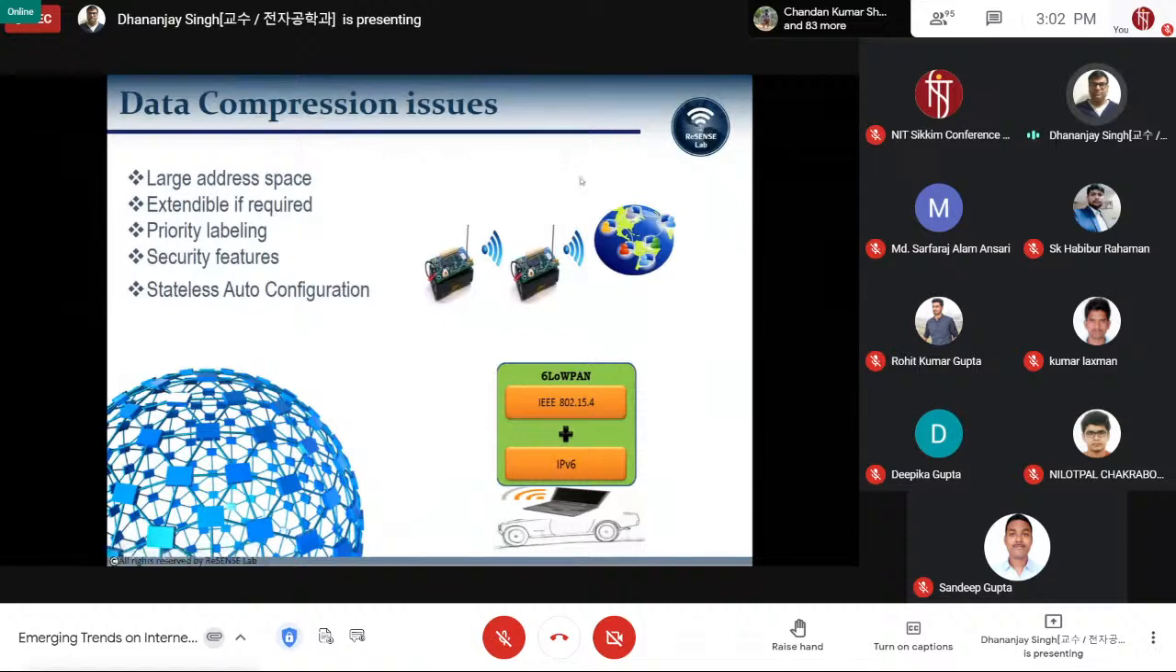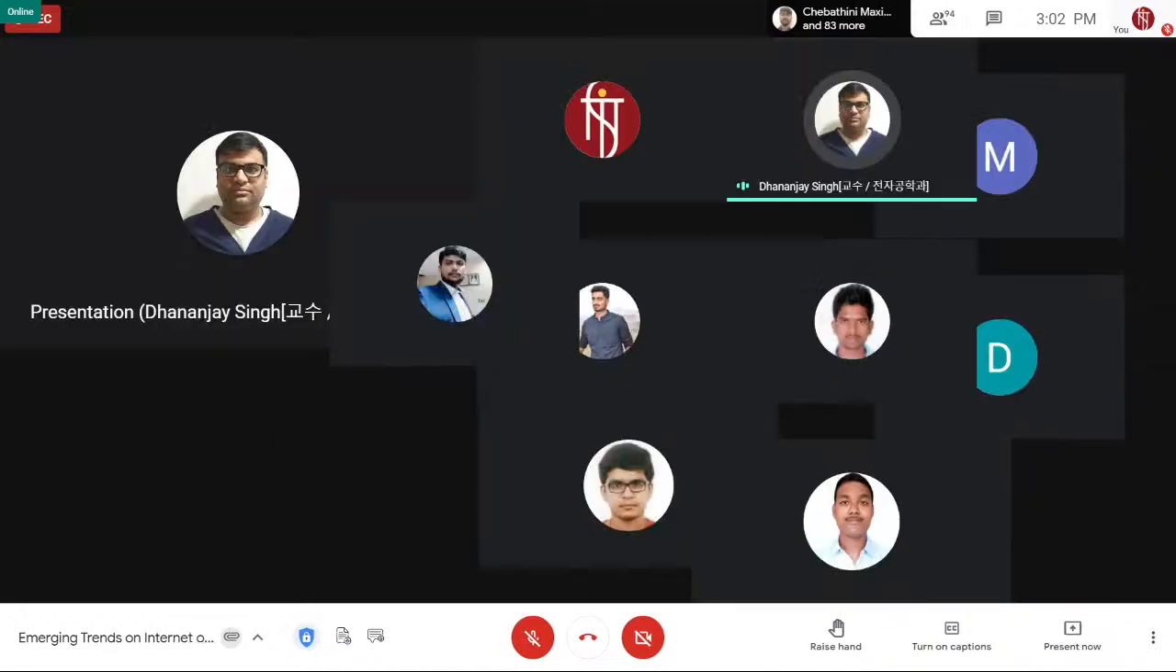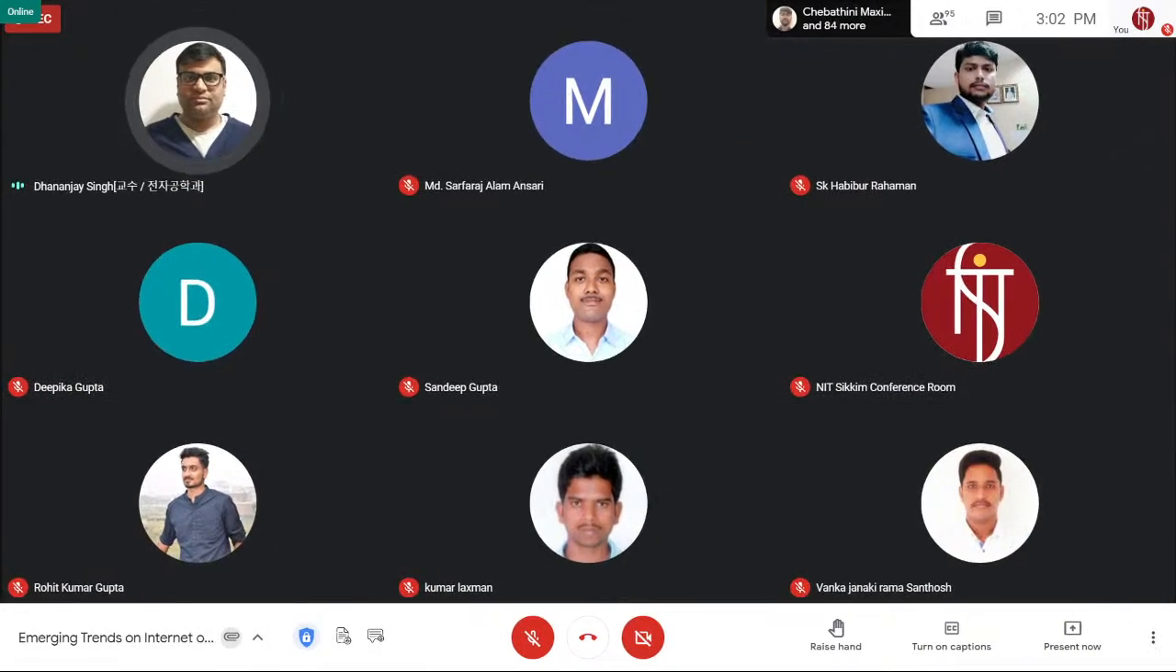I was talking about the 6LoWPAN. Here is the technology. This is the 6LoWPAN kind of sensor device. They can communicate with one another within 10 to 25 meters. So those devices,